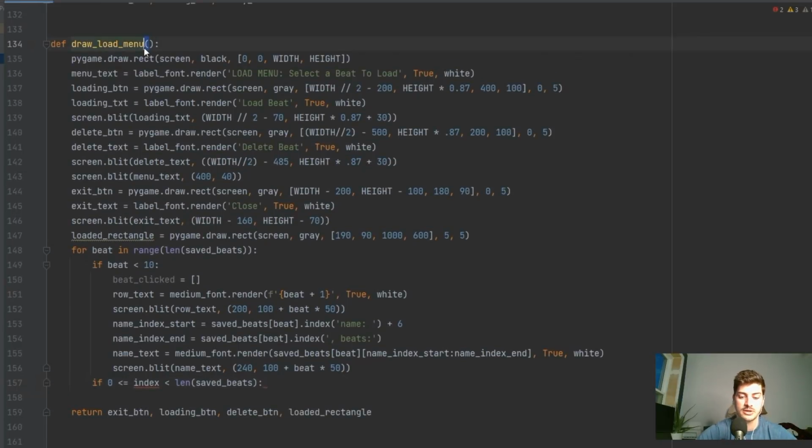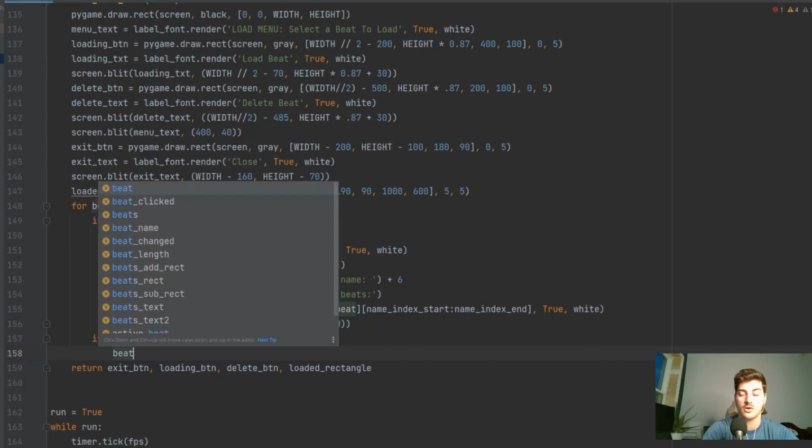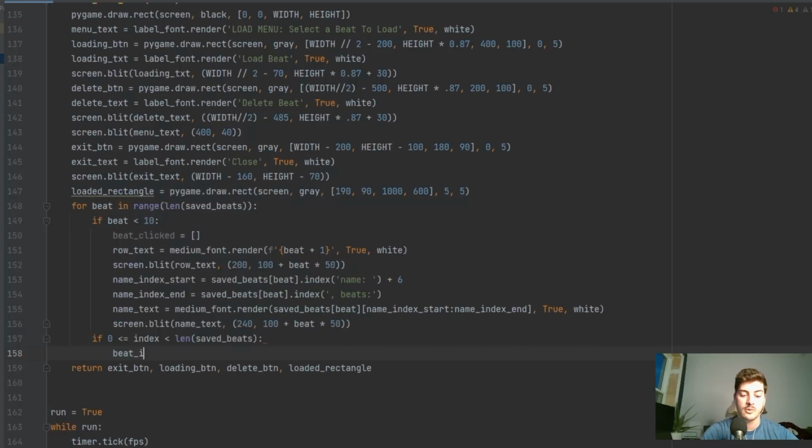So this, I'm going to put it up here so we don't forget to pass it in. But we are going to select by clicking on one of those beat names. We're going to select which one we want to load in, and that's going to be the index variable. And then based on what's been selected, we're going to need to do some additional work. So we're going to need to figure out where the index end for the beats is, and that's going to